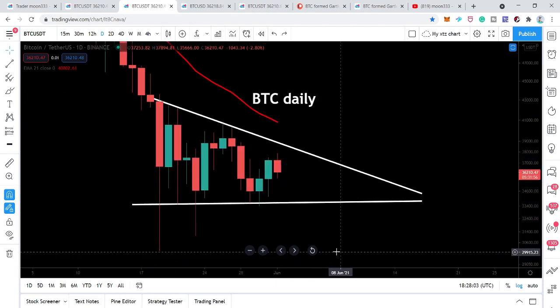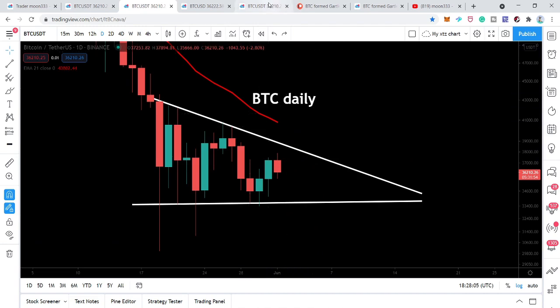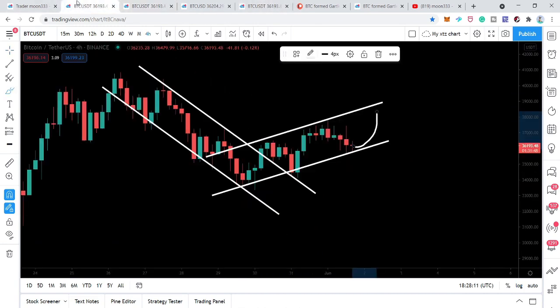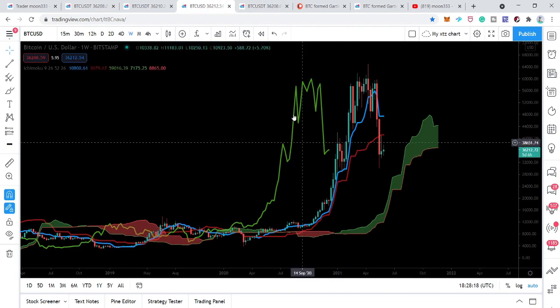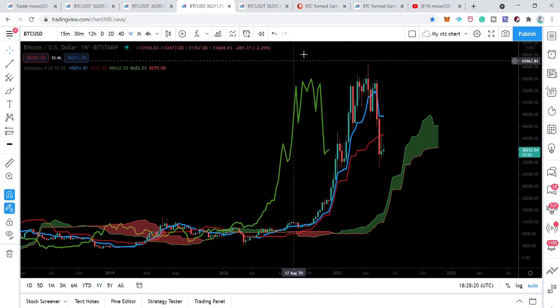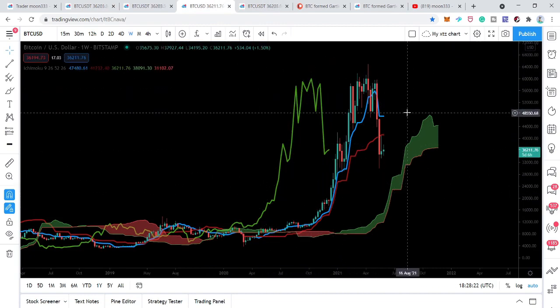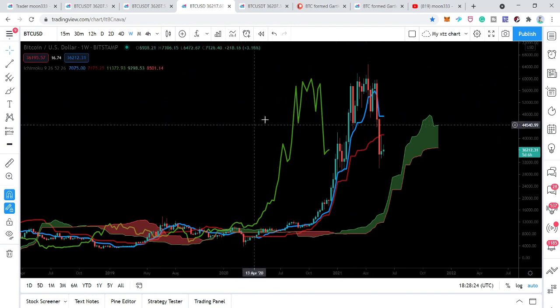In my point of view, so far it is not possible because we are also having a breakout from this up channel. We also have this bullish reversal move, and on the weekly time frame chart, this Ichimoku cloud is so far giving us the signals that it is turning bullish. However, it is possible that it will break down the support. So this was the update so far.